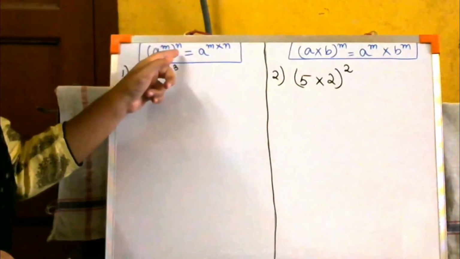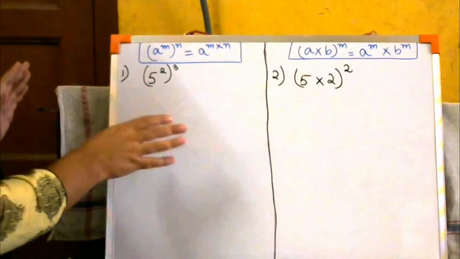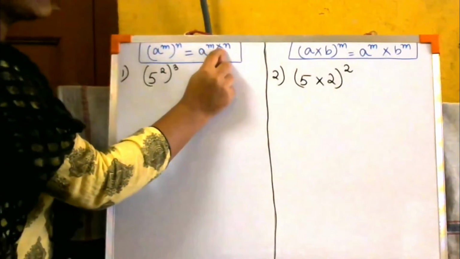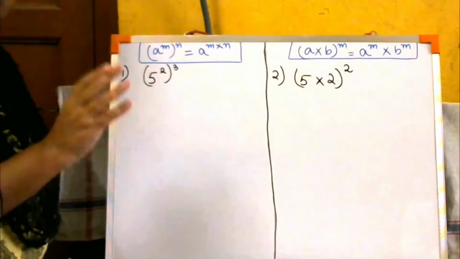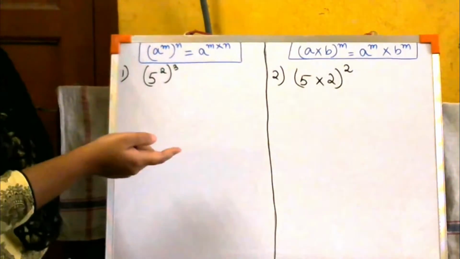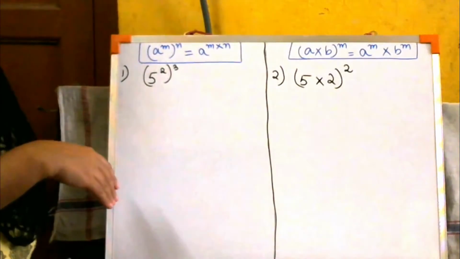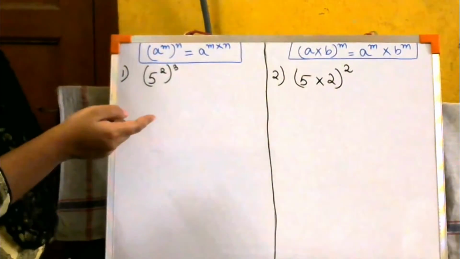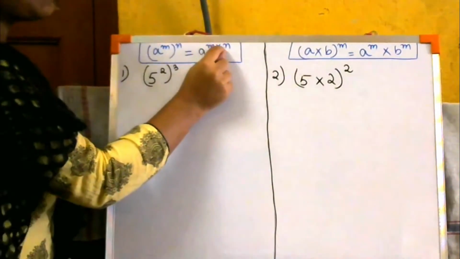We are going to open this bracket. Our sole purpose will be to open, remove the bracket. So when we remove the bracket, what will happen to the powers then? So the powers will get multiplied. अभी तक हम लोग क्या कर रहे थे? Plus and minus. We were adding the powers, we were minusing the powers. If you look into the previous sums, the previous video lectures, you are going to see we have done addition of the powers, we have done subtraction of the powers. In this lecture we are going to see that we are going to multiply the powers.